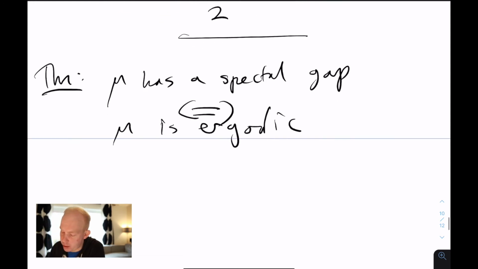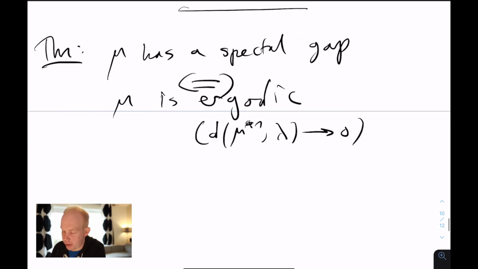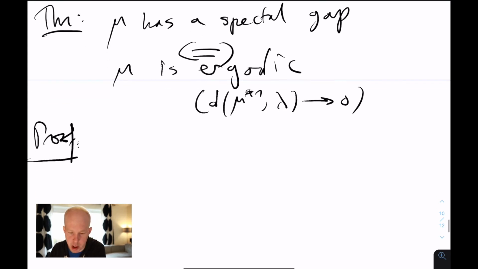So if you remember, ergodic means that this total variation distance actually converges to 0. So you already have the other direction, because if you have a spectral gap, it's exponentially mixing. So in particular, is it ergodic? So the proof of this to the other direction is then using this lower bound lemma that I mentioned in